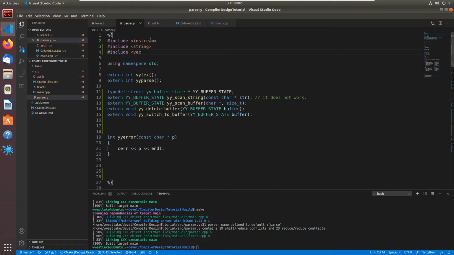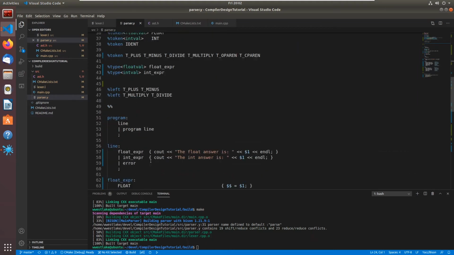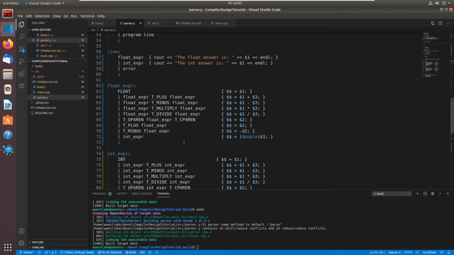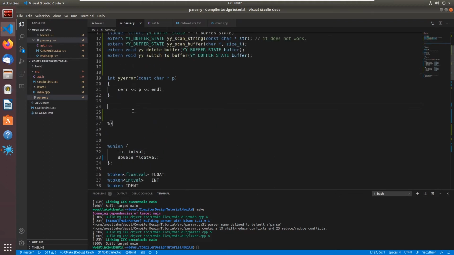We'll include vector. Just to give you an idea of how we can create nodes. We'll get into more sophisticated nodes that have child nodes and so forth later, once we start putting together some different kinds of structures. Now remember, I said that the compiler is interpreting these expressions. So we don't have a tree of this expression that does the calculation. We're just going to store the final value of whatever expression it is and put it in this vector